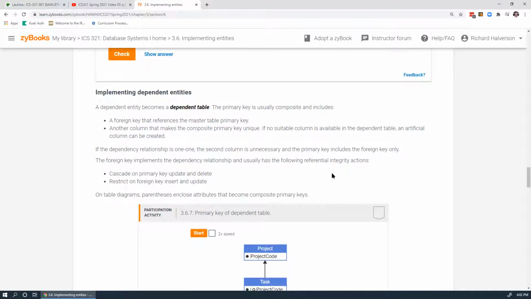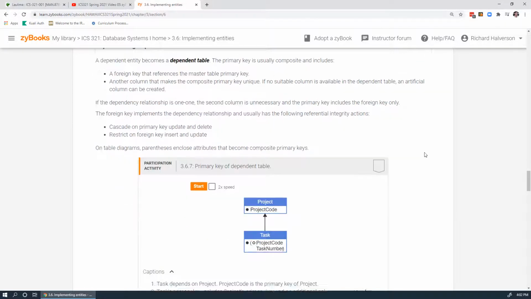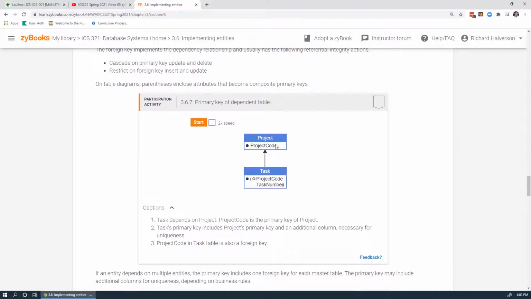A dependent entity becomes a dependent table. The primary key is usually composite. It includes the foreign key that references the master key and another column which makes the composite primary key unique. So you have a project that's got a bunch of tasks. If you want to talk about just a task, you're going to need to identify the project that the task